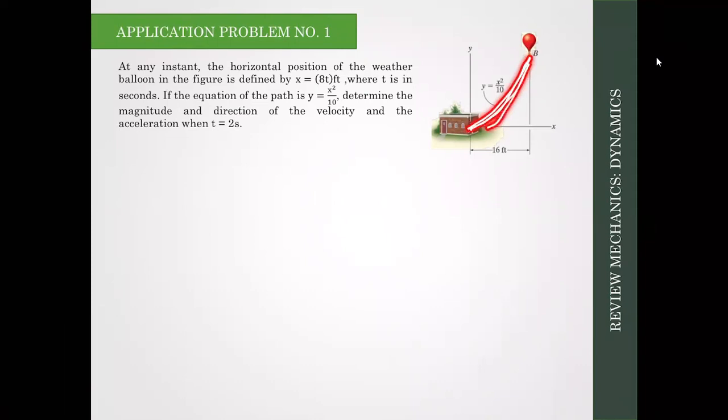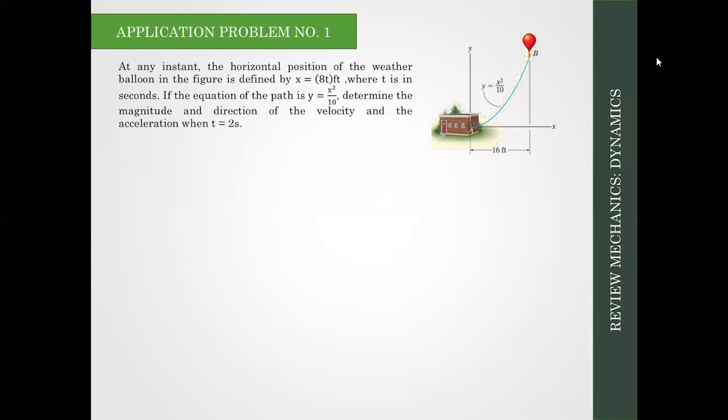So makikita nyo, curve siyang ganun, and naka-x squared siya, so parabolic siya, no? It is given as y is equals to x squared over 10. Determine now the magnitude and direction of the velocity and the acceleration when t is equals to 2 seconds. So, basically, pinapahanap lang sa atin yung velocity and acceleration ng given function, given yung path natin, and then yung x value natin. Okay? So, to solve this, what we can do is find an equation kung ano yung pwede